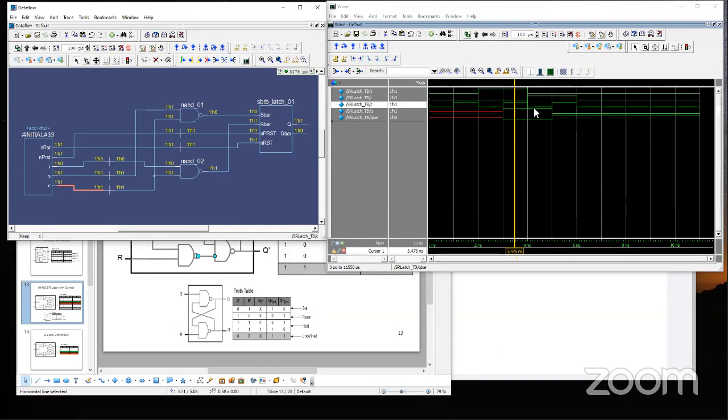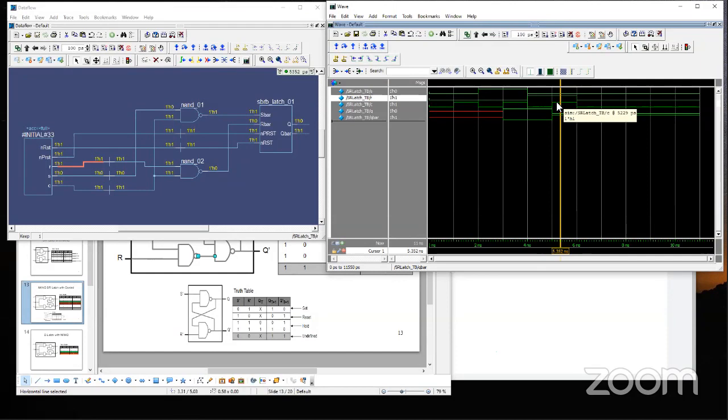Then at this point, C is 0 and we are making S 0 and R 1, but it is not resetting because C equal to 0 is a hold condition. So it is holding on to the previous logic of the circuit. As soon as we make C 1, the output becomes 0. We are resetting, and that only happens when C equals 1. Question?